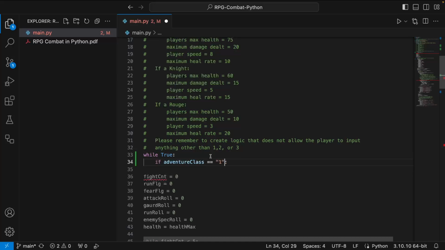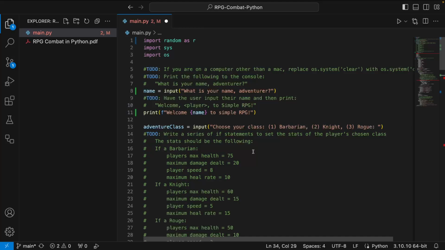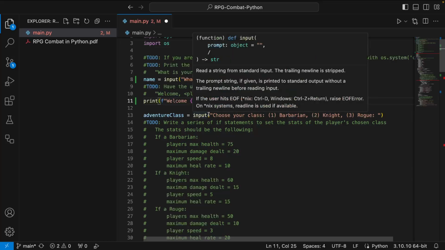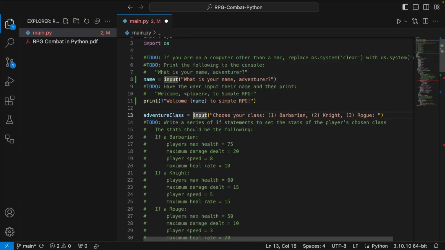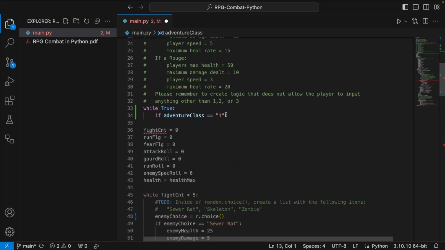Thank you, Michael. You can wrap the input in int. And that would cast it over, or turn it from a string to an int. Okay. So what Michael's saying is input here, even though we were saying choose 1, 2, or 3, it's actually returning a string of the number, because input by default returns a string. Now what he's saying is you can cast it, so you could wrap int around it, right? And then you put it in parentheses, and that would cast it. But by default, adventure class is a string, and that's totally fine. So I'm just gonna keep it like this.